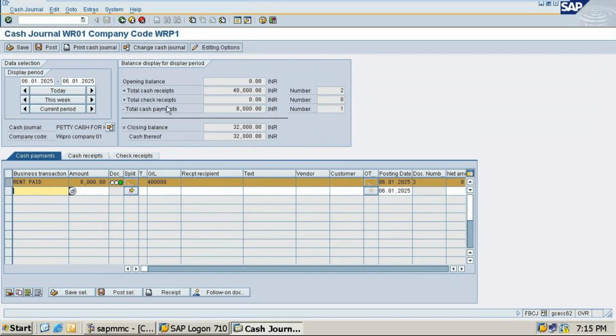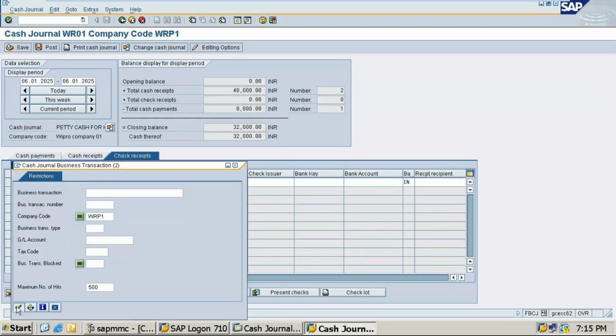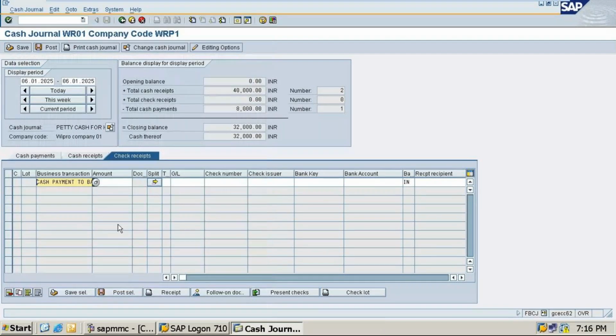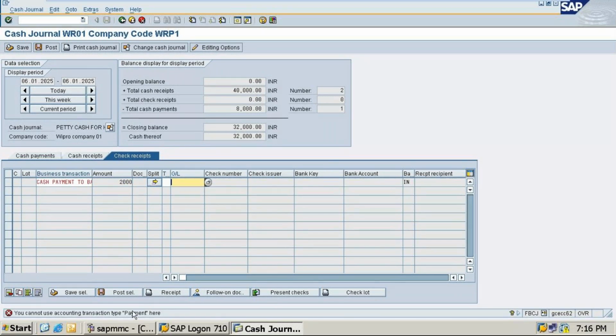So we added cash payment; check transactions I have not done. If we do check transactions it will ask you to update transactions. So if I select a check payment to bank, suppose I give an amount of 2,000. It will ask maybe for a check number or something. You cannot use it because it will ask you for the GL account.